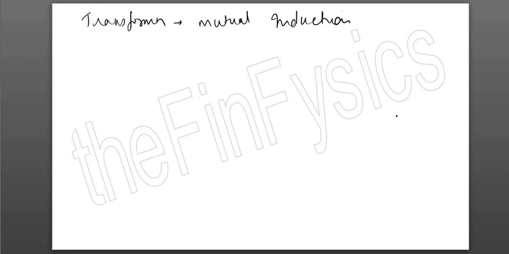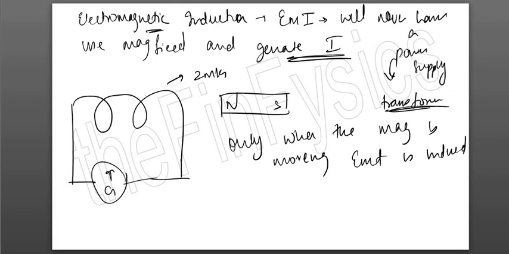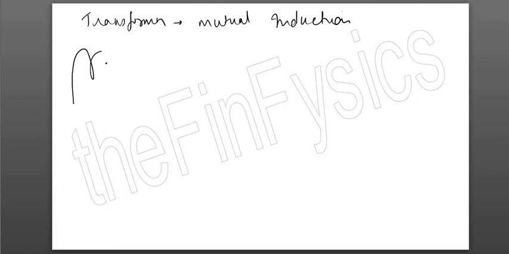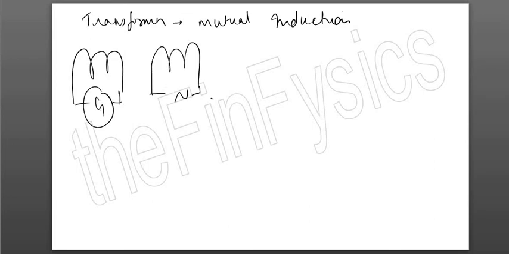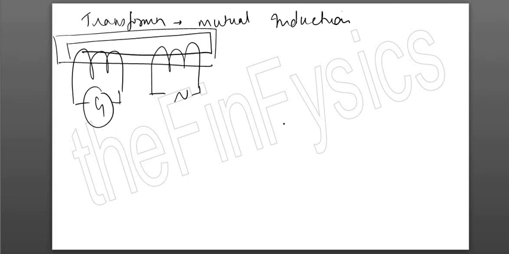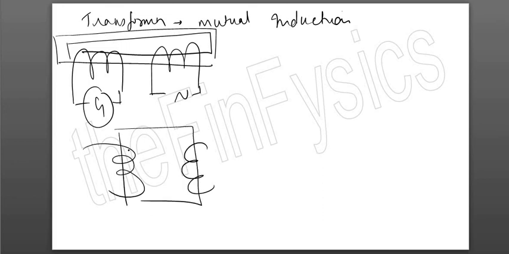Okay, and the last part of the topic is transformers, which works on the principle of mutual induction. Okay, so in transformers you have got 2 coils very similar to this. So this is your coil 1 with a galvanometer, and instead of a magnet we have another coil with an alternating current, and these 2 coils are linked together by the core. Now this takes up a lot of space, so this is the diagrammatic representation of a transformer. The same thing can be drawn like this.